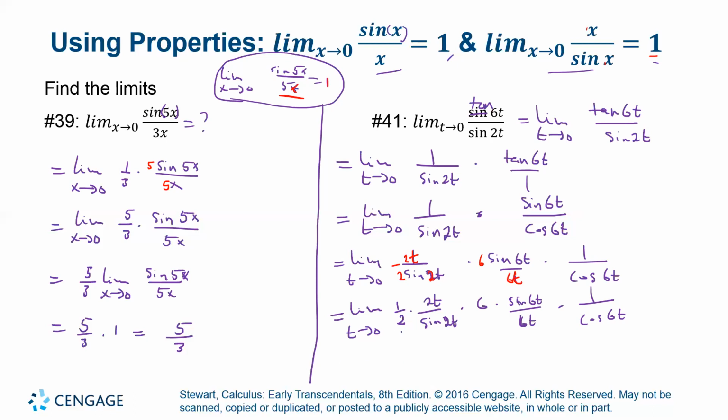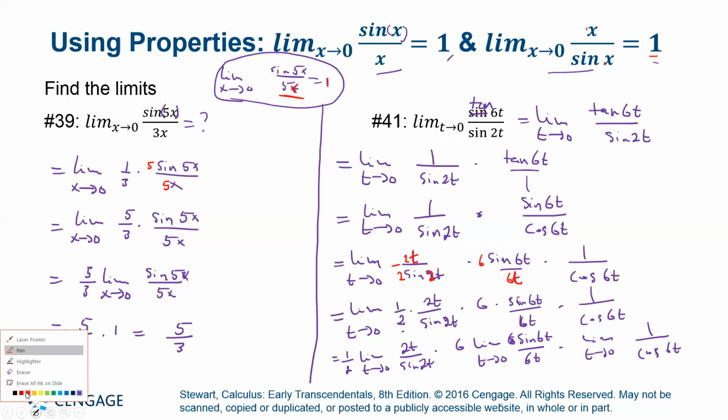This is outside, so I can write this as 1 over 2 times the limit t goes to 0 of 2t over sine 2t, then times 6 times the limit of sine 6t over 6t, t goes to 0, and then times the limit t goes to 0 of 1 over cosine of 6t. Okay. Now, with the properties that we have talked about,